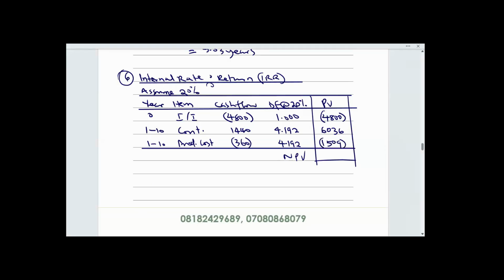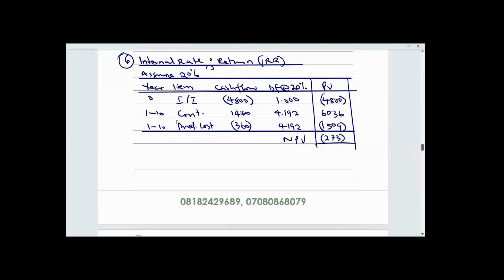Therefore, 6036 minus 1509 minus 4,800. We've got a negative NPV of 273. We have calculated one NPV before, using 17%, and we got a negative NPV